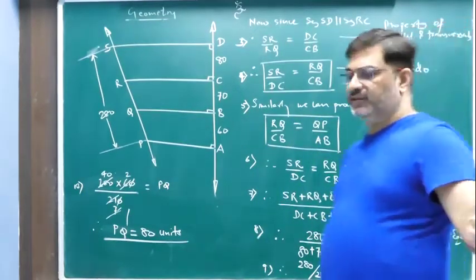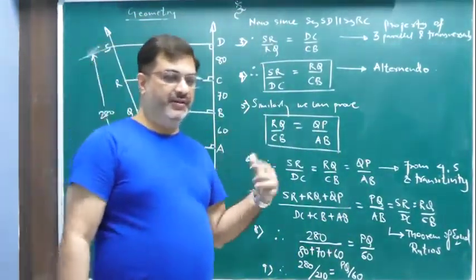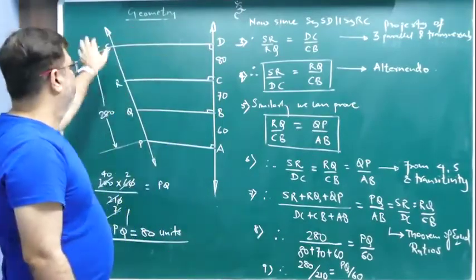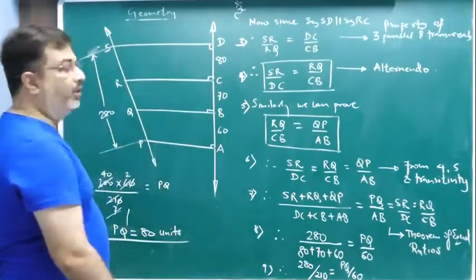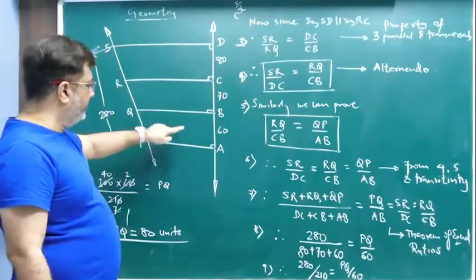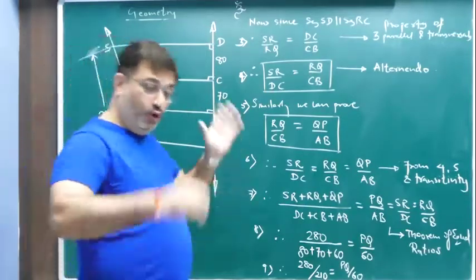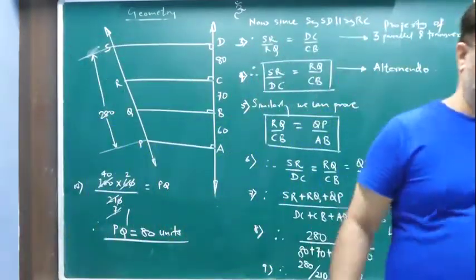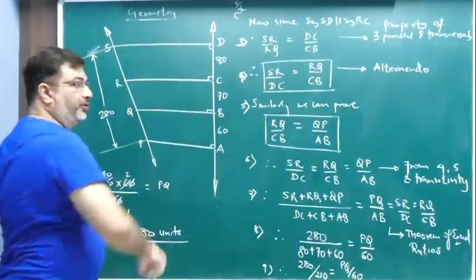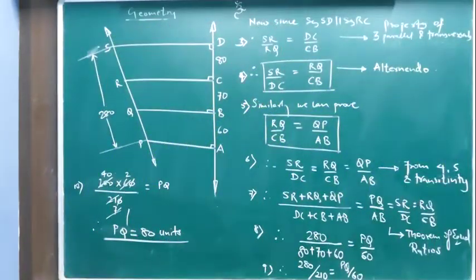Okay, understand the explanation overview first. Just concentrate here and understand the explanation first. See, we have got this as the figure, right? What are the things we are given? We are given that this line, this line, this line, this line, they all are perpendicular to line SP. All of them are perpendicular to line SP only. Now, if all of them are perpendicular to the same line SP, then each line is going to be parallel. Yes?